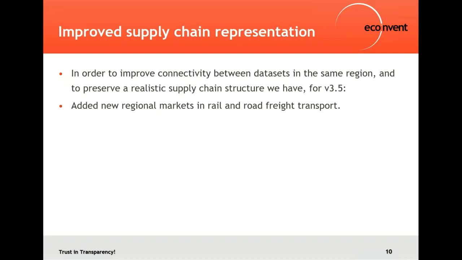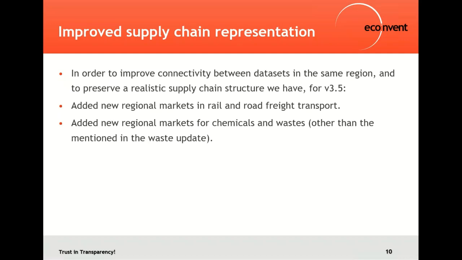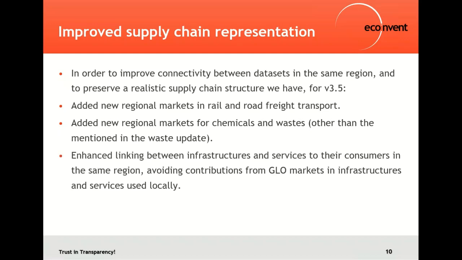So in order to ensure that, we have added hundreds of new regional markets, several concerning rail and road freight transport, and many more concerning chemical and waste. So the addition of those regional markets is ensuring that the supply chains will stay local as far as this is needed. And also we have